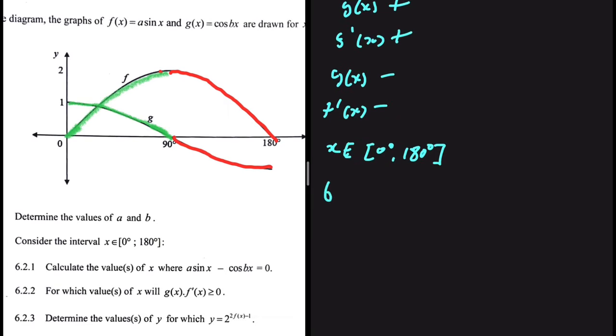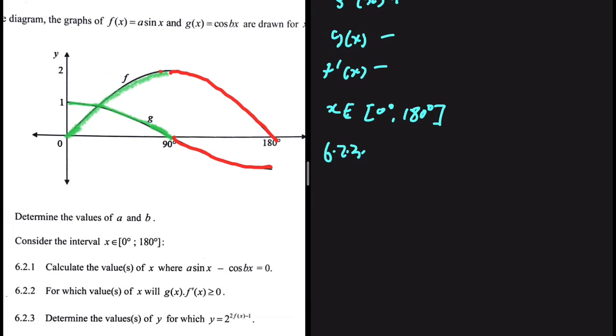Let's look at 6.2.3. Quite an interesting one. Determine the values of y for which y is equal to 2 to the power 2 multiplied by f of x minus 1. Let me know in the comments how you think we should approach this question, because the problem